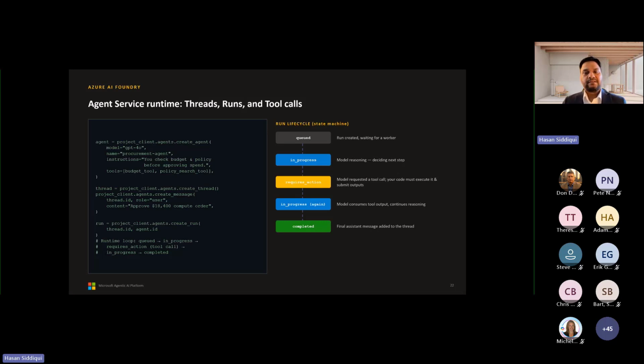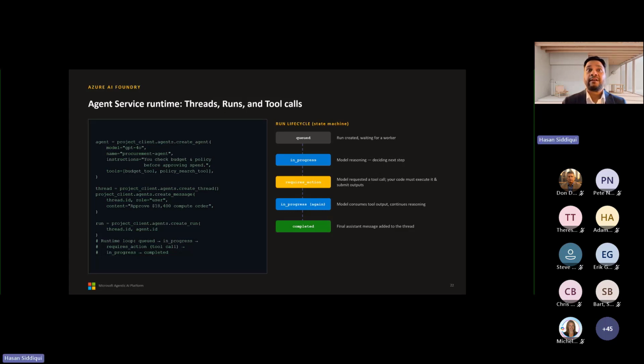Okay, this is the actual programming model, and I want to spend real time here because it's the piece that separates it from Copilot, where I can build a custom agent. You create an agent object once, a reusable definition of a model, instructions, and a list of tools. Then you create a run and wait for the worker. The run goes queued, then in progress, where the model is reasoning and deciding the next step.